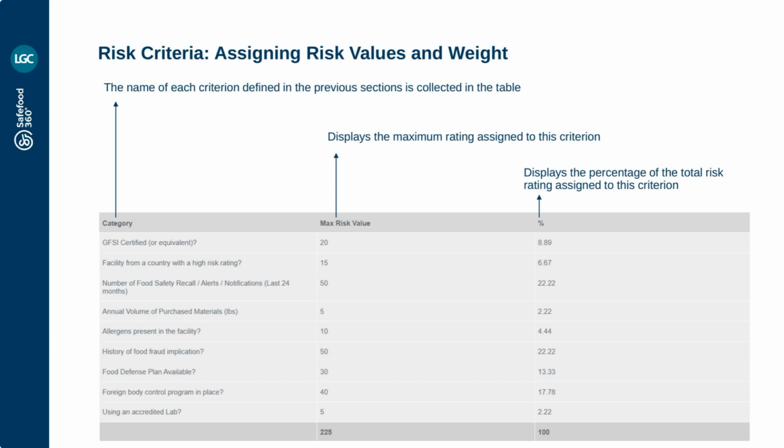Display the maximum rating for each of those criteria, and then you want to define the percentage of that total risk. Remember here in that one diagram I showed you, the criteria-based risk assessment that we're building out. Each one of the criteria needs to have a specific weighted risk associated with it, because hey, look at that criteria list there, the categories. Some of those categories, some of those criteria, are going to contribute more or less to that overall